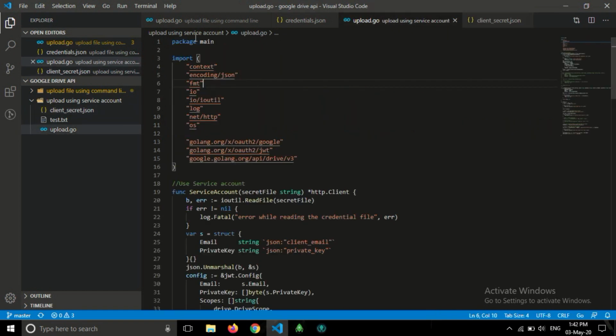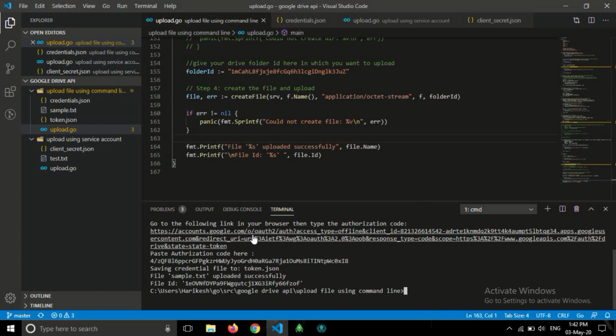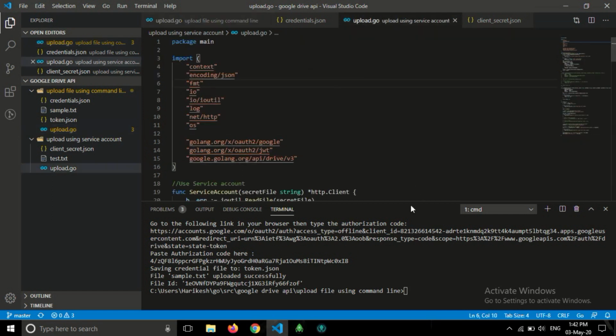Then we will see how to use the service account. So why do we need it? As you have seen here, we need to go to this URL, allow the permissions, get the authorization code, and paste it here. To skip these steps when you want to communicate server to server and don't want user intervention, in this case you can use the service account. So if we have created the service account and downloaded the file, here is a little bit of modification in the code.